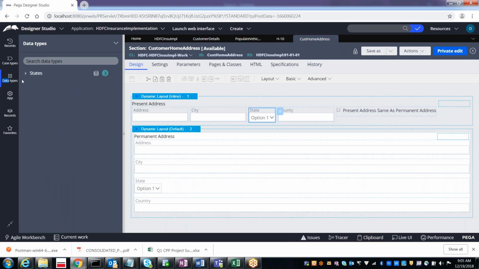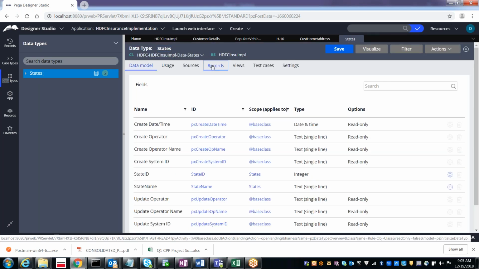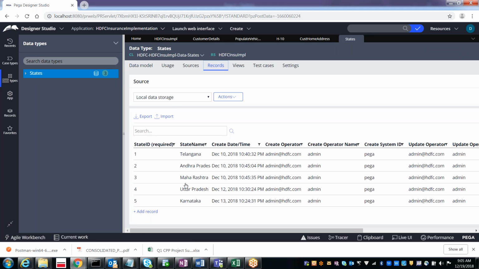The name of the data type is also states, right? In this we have these records. So from this data type I will populate to the clipboard, and from the clipboard I will populate it to the drop down. Okay, so let's try it out.